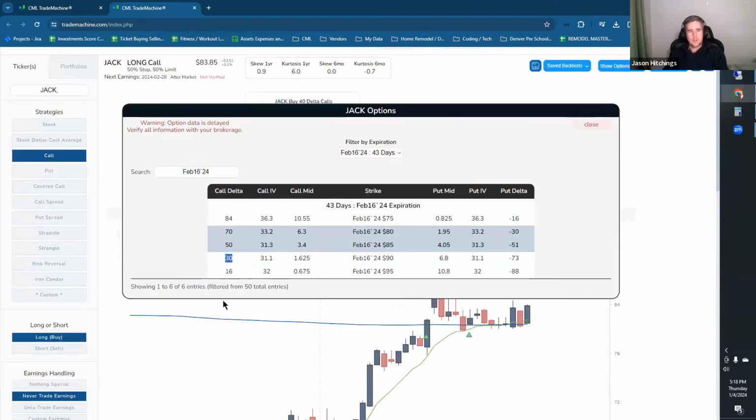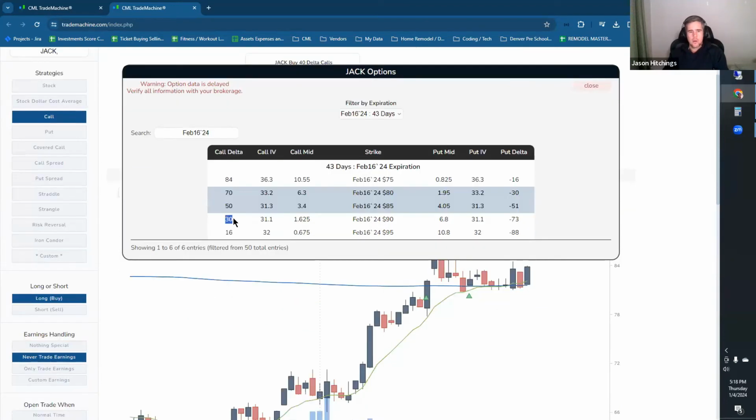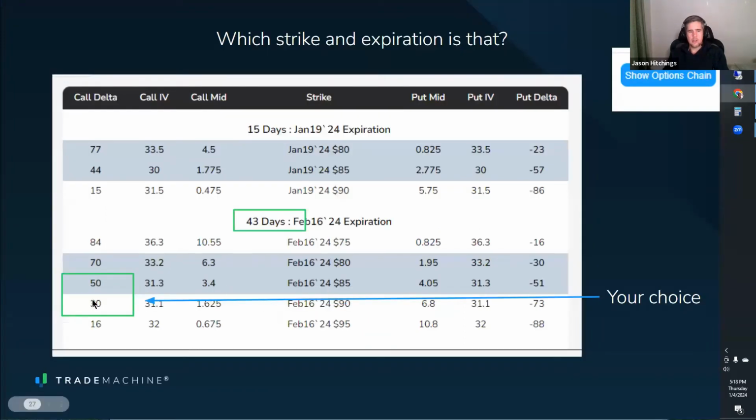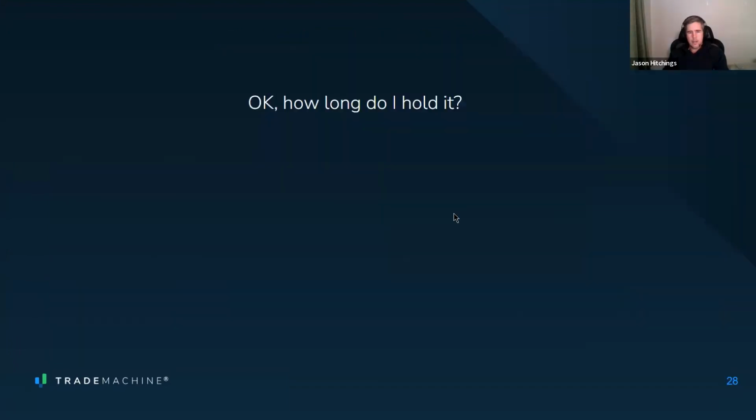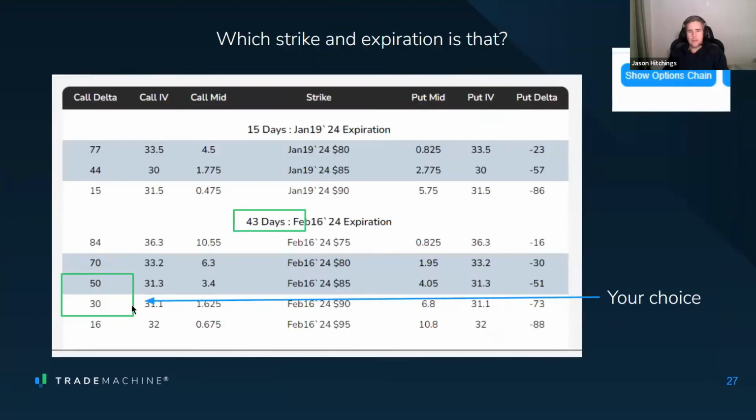Oh yeah, sorry, I think I might have misspoke. It's at 83.85 right now. So in this particular example, I looked at the 90 as the 30 delta, and sometimes that stock price can move after hours, so the delta might drift a little bit apart from the stock price if it moved after hours a little bit. Okay, so now I know roughly that I'm going to buy either the 85 or the